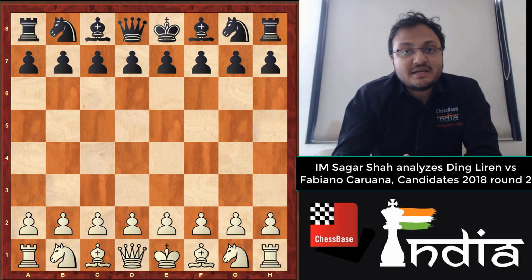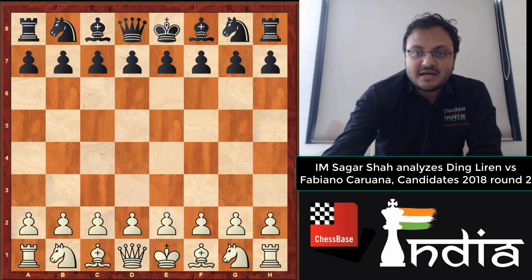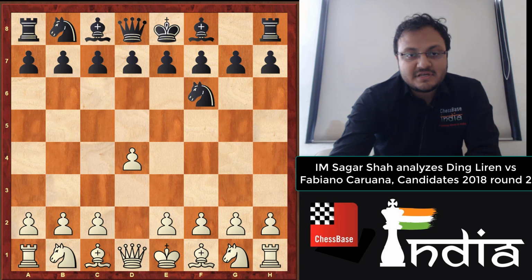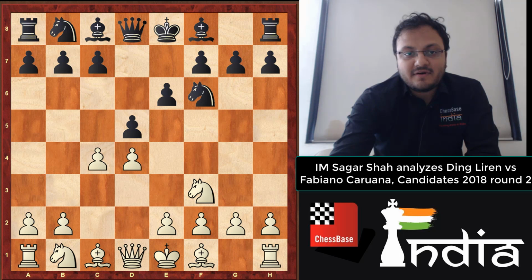Well, one of the most interesting battles from the point of view of the opening took place in the second round of the candidates between Ding Liren and Fabiano Caruana. I don't want to delve into the entire game, but I'm just going to look at the opening and suggest some good ideas. It started with d4, white is Ding Liren, knight f6, c4, e6, knight f3, d5, and